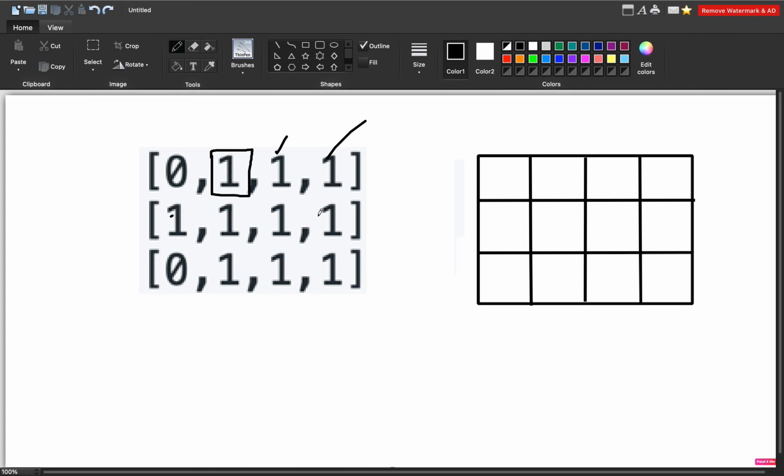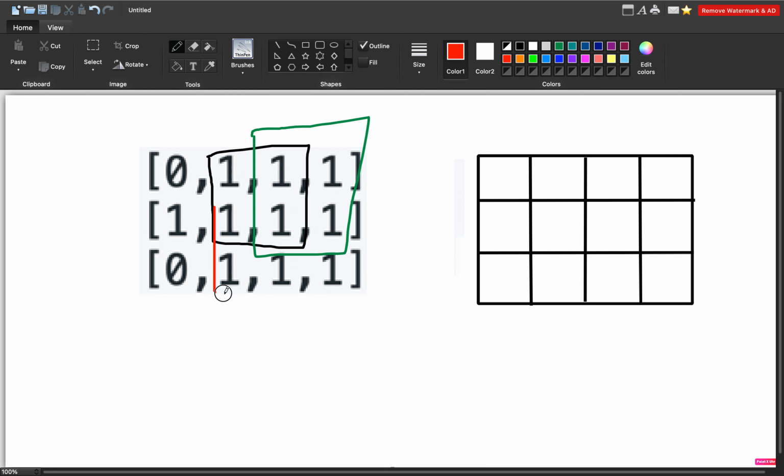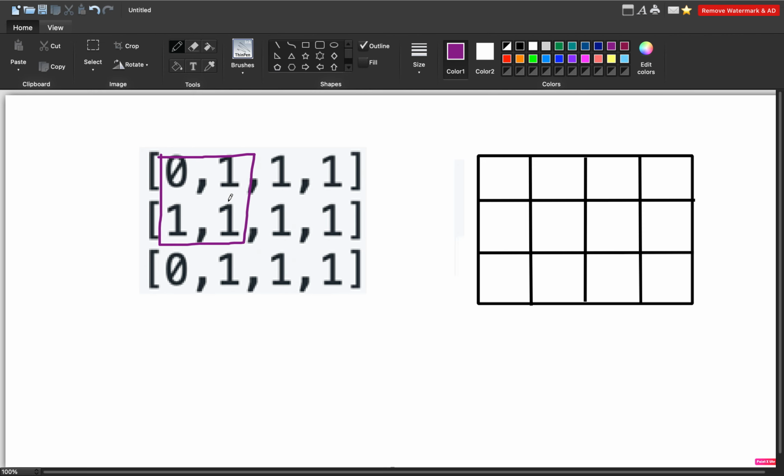If we take the case where the side of the square is 2, this can be considered, right? Similarly this is also possible, this will count as another one, and this will also be considered, and lastly, yes, this will also contribute to our answer. So these are some possibilities where the side length is 2 and it contains all ones. This is not possible since it contains a 0 also, so we won't count this.